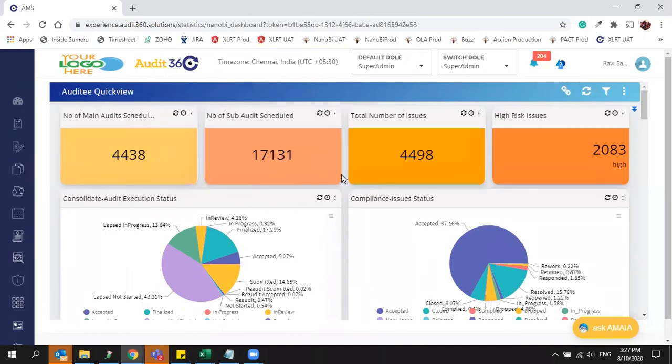Apart from that, if you want to create a dashboard using your external data, suppose in Audit 360 you don't have the external data, let me explain that one part. When we say external, we are only referring to external to Audit 360. You may want to bring in your business level information or any other information from your other systems into Audit 360 and analyze that in conjunction with the audit information. That is what you can do within the dashboard.